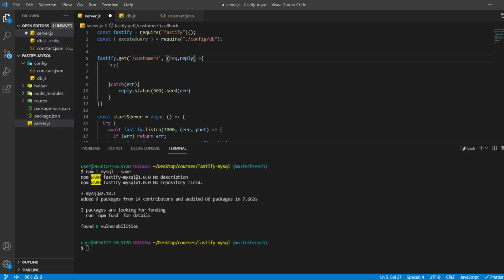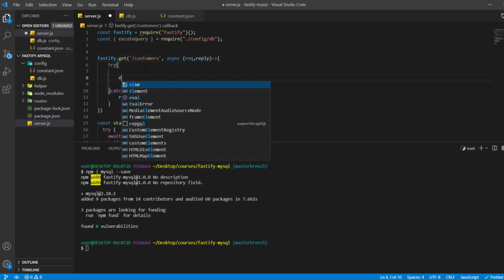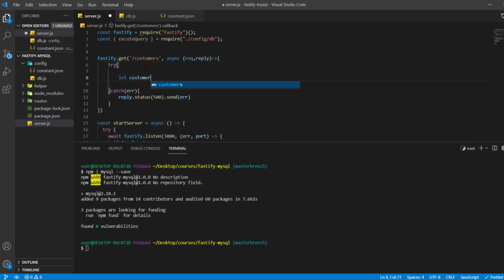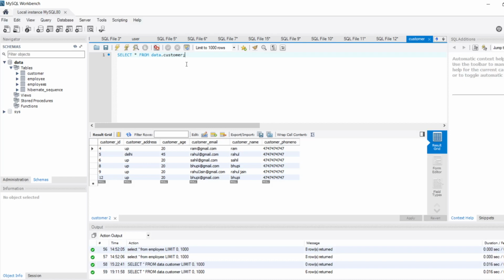we are going to use async and await too, so we will make this function async. And now I'll write here customerData equal to await, and then executeQuery, the first query. So let me see the database first. Customer, yes, customers.